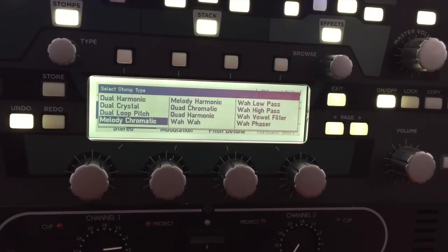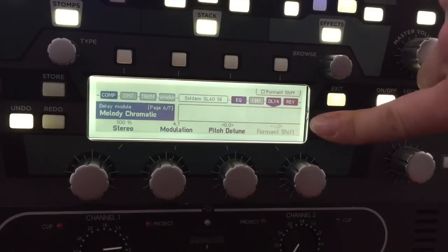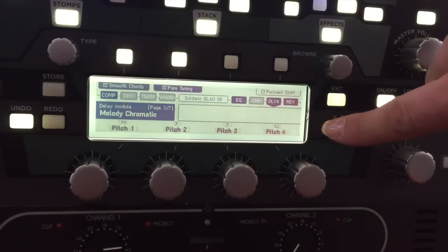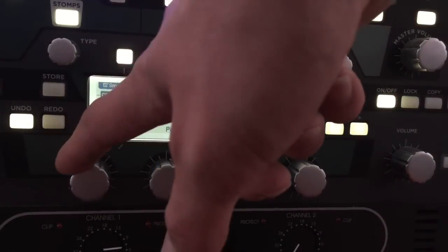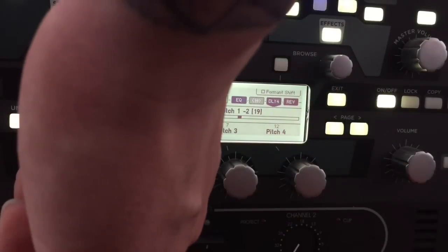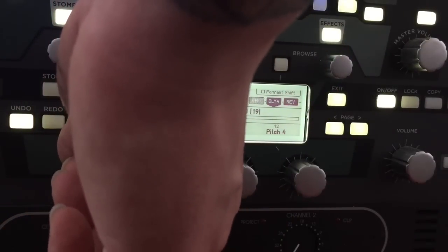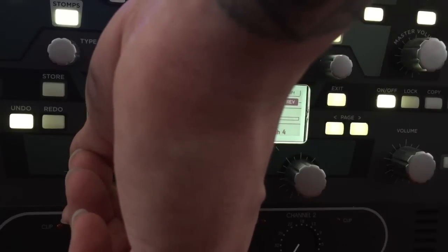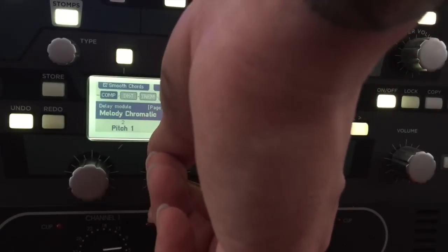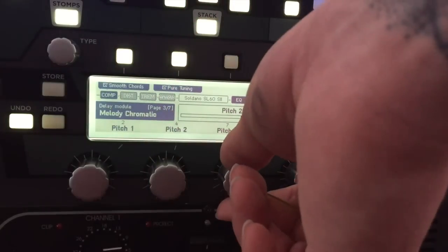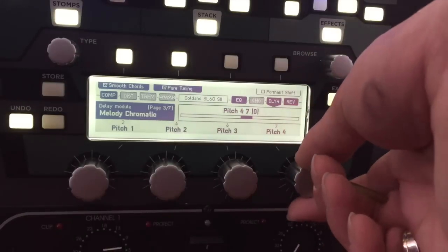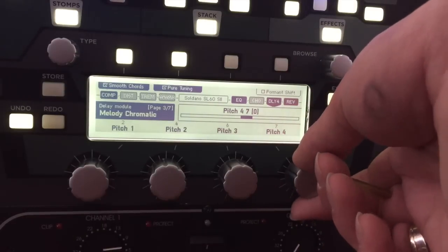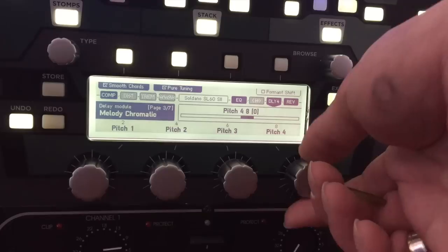Melodic chromatic pattern is the next one. This has, let me see, it has 4 pitches that we can use. Let's just try something science fiction sounding, and let's do a whole scale, which is 2, 4, 6, and 8. Now come on. This should be